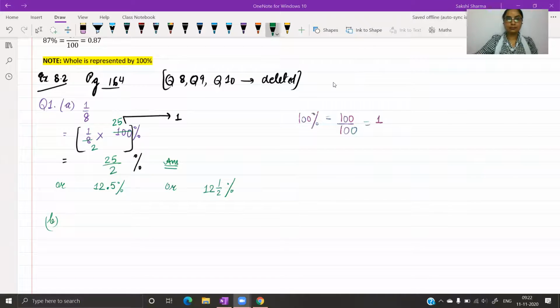Leave 25/2 like this. Yes, because you cannot simplify it further. You can leave your answer as an improper fraction. If you want to write it further, you can convert this improper fraction into a mixed number, or you can convert it into a decimal number. But it's completely okay if you leave your answer in the form of an improper fraction. Just make sure that you have simplified it completely.